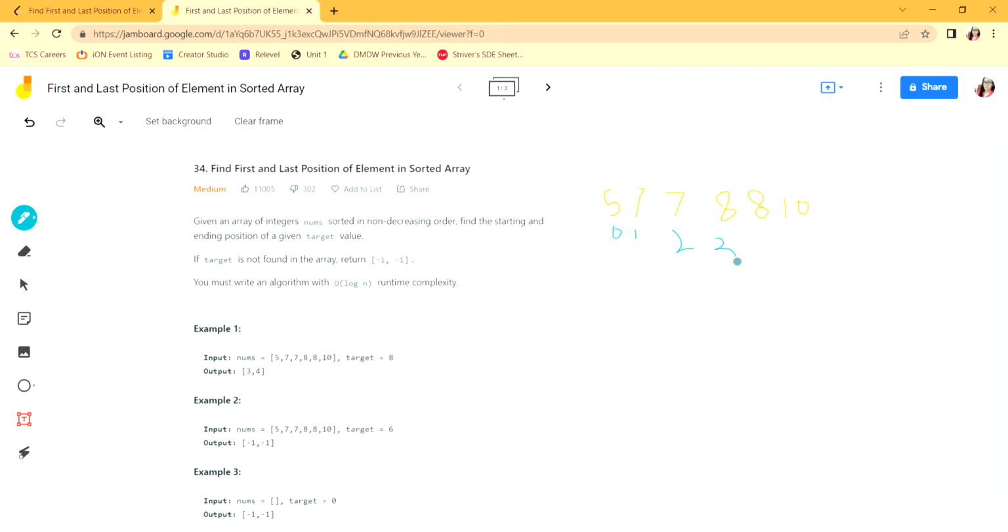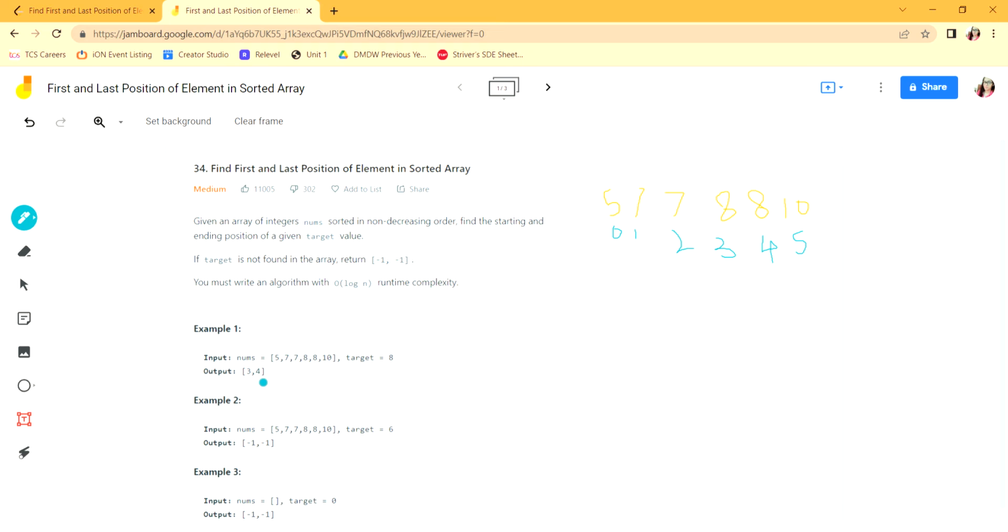This is the first element where the target element is matching. So the first index is 3, and the first element, that's result of 0, should contain 3. Now if we traverse the array from the back, this is nums -1. The size of the array is 6, so this would be 5. Again comparing and then coming to 4, that's matching, that's the last one. So this should go with